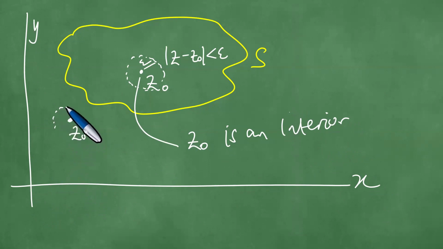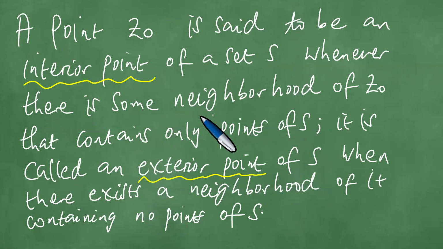In other words, you can have some open set like this, such that this particular neighborhood does not contain points of S. It's an interior point when the neighborhood contains only points of S. It is called an exterior point when there exists a neighborhood of it containing no points of S. Okay, so yeah, no points of S,